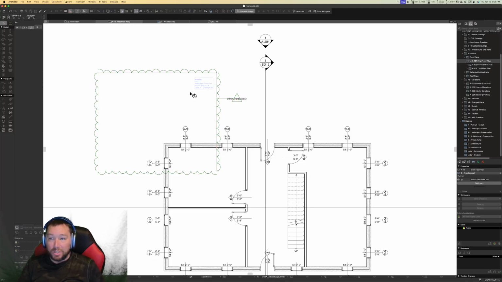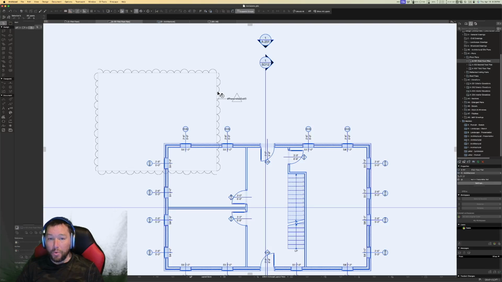Now, here's the problem with just drawing revision clouds. The problem is that it's not going to handle the finer points of construction documentation. If you are already a practicing architect, you probably already know that revision clouds are really important in construction communication. It's really important to be able to make sure that contractors know what changes have been made to a